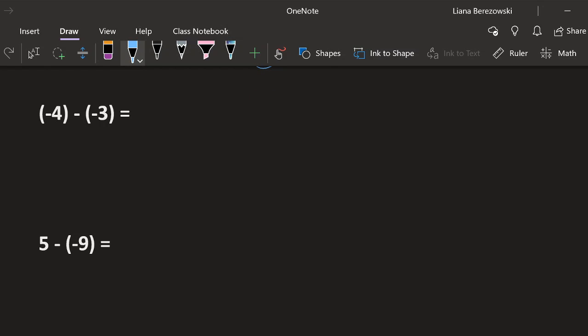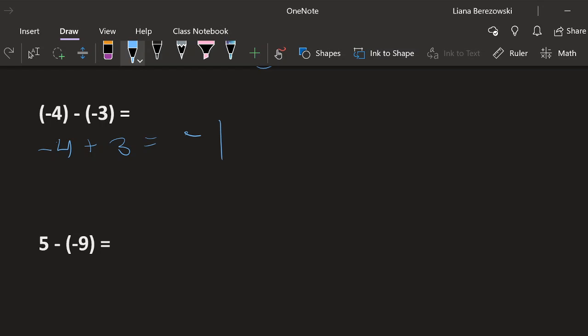Negative 4 minus negative 3. Remember the rules. Your first number, the sign stays the same, negative 4. The subtraction sign becomes an addition sign. And then negative 3, the sign changes, so it's now positive 3, and we don't have to write the positive sign, so it's just negative 4 plus 3. Now, negative 4 plus 3 is not quite enough to get to 0, so that's going to leave you at negative 1. That is a nice problem with small numbers, so if you were a little bit unsure about the integers, you could draw a little number line really quick and do the problem that way. But negative 4 plus 3 would just be negative 1.